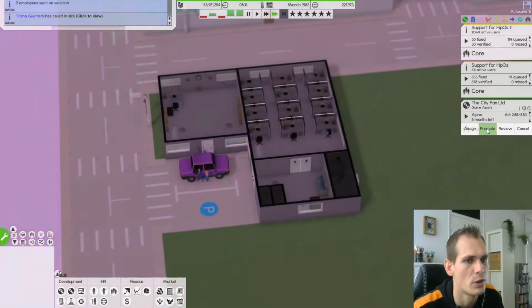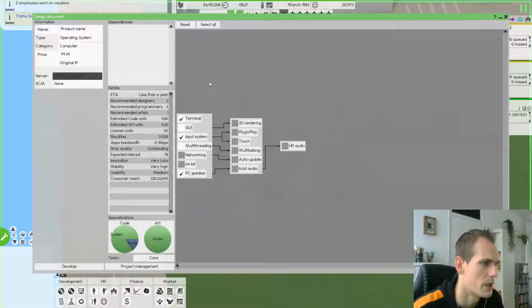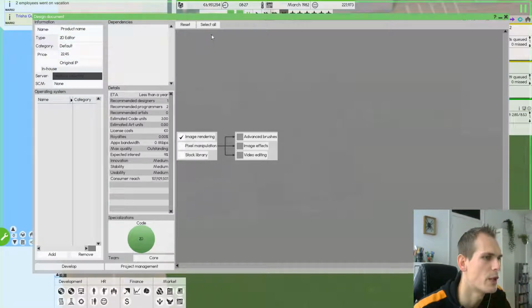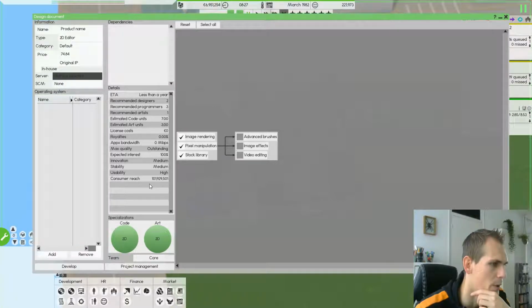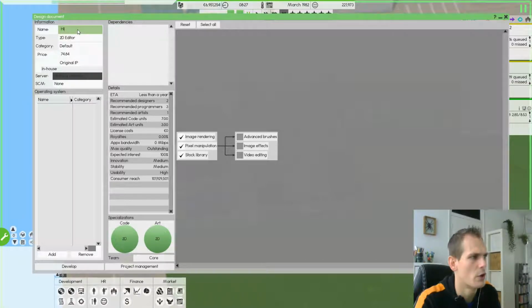What we could also do, to make it a little bit better, is make a new software. So we're gonna do a simple 2D editor, with everything on it, and we should have easily enough people to do this, and it should not take very long to make this. This is going to be called, let's call it